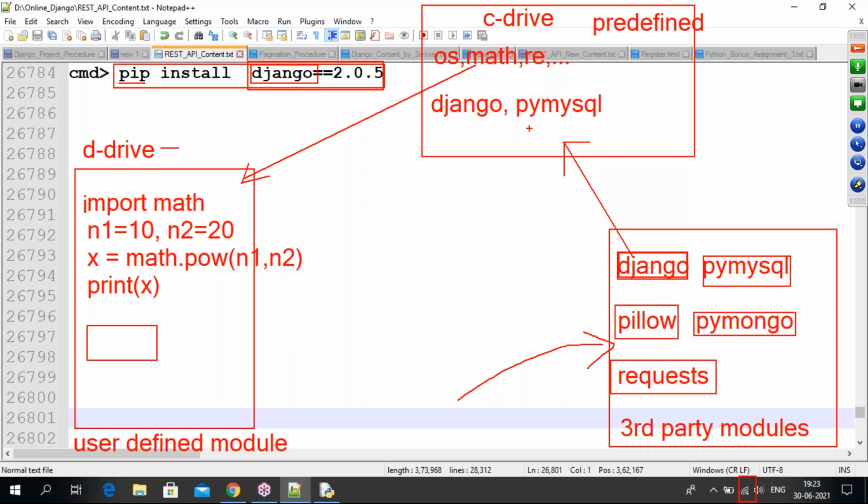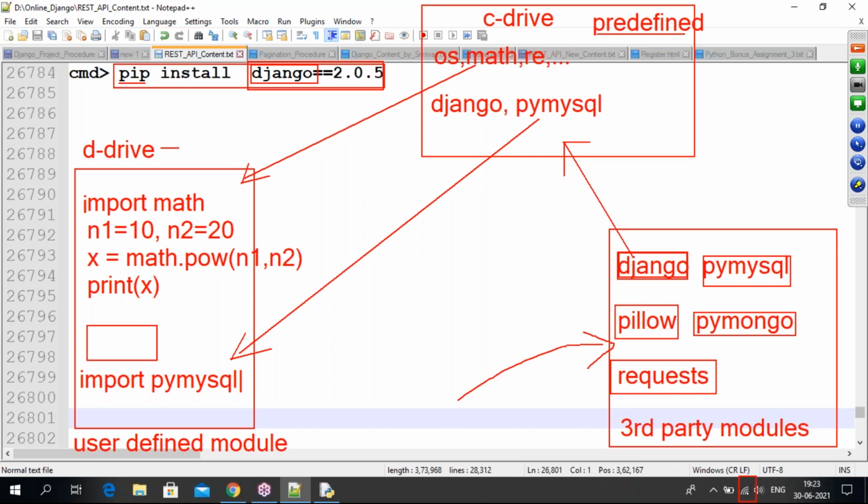Now third party modules are also available in the Python software location, in the predefined modules location. Later, whatever module you want, for example, when Python communicates with a MySQL database, in your Python file you import this PyMySQL module. Import PyMySQL. Later you create database connections. Am I right? So that is the way. Third party modules are used through the pip command.